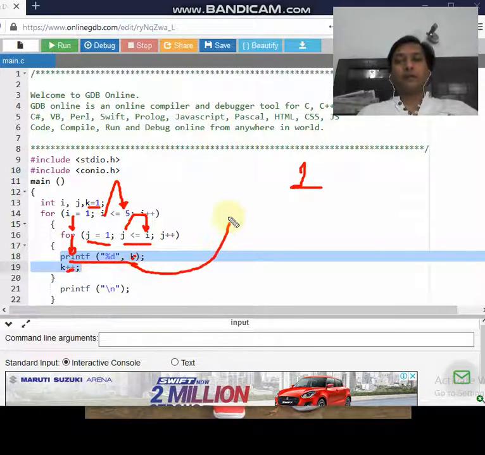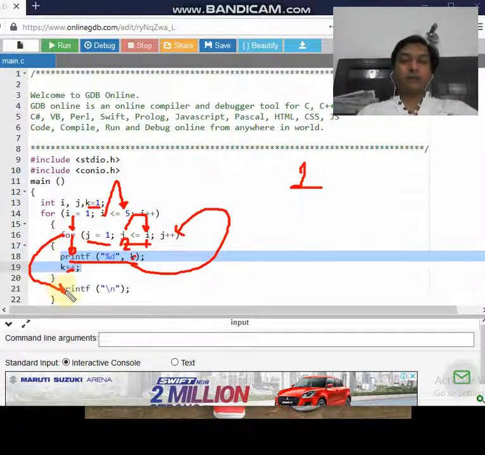When control reaches the inner for loop again and increments j to 2, this time the condition becomes false because the value of i is 1 and the value of j is 2. So control does not go into the body of the inner for loop, but terminates and reaches out of it, and the printf new line statement gets printed and the control changes its line.